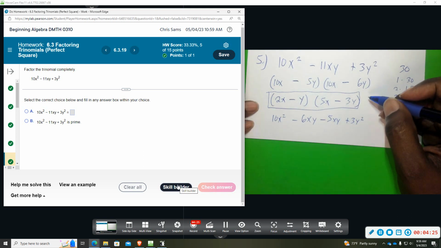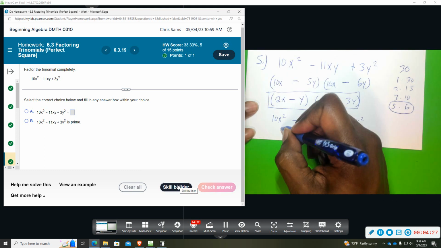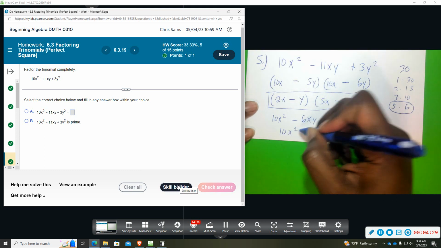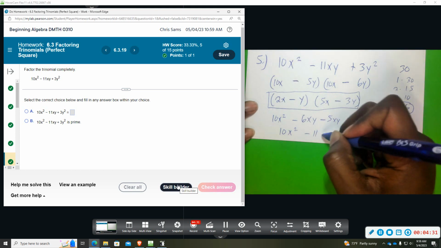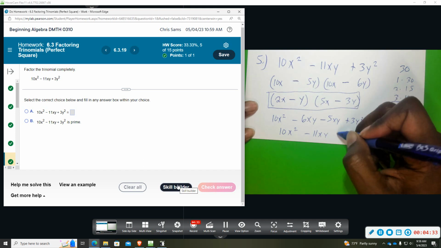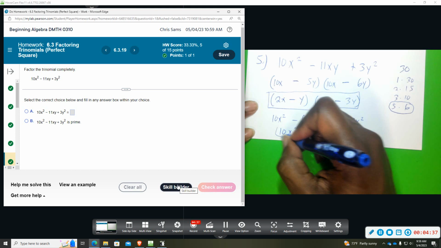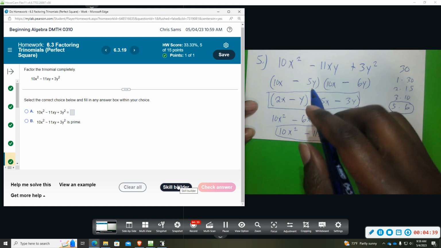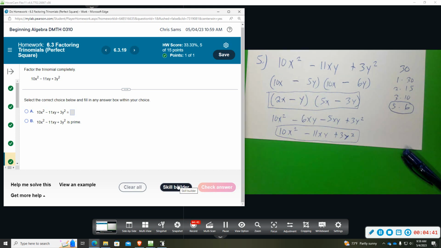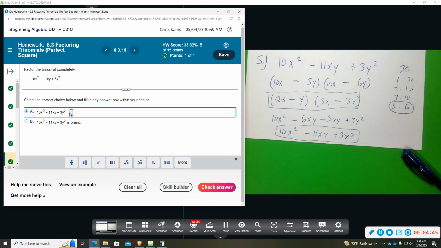When you combine the middle terms, we end up with 10x squared minus 11xy plus 3y squared. And that's what we started with. So we can be sure that this is the correct factored form. 2x